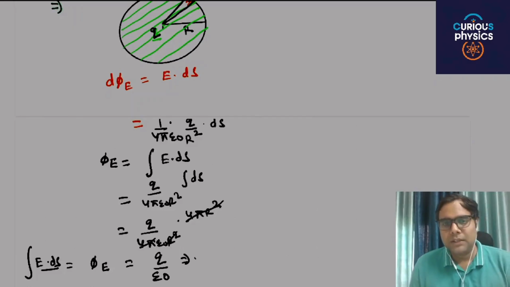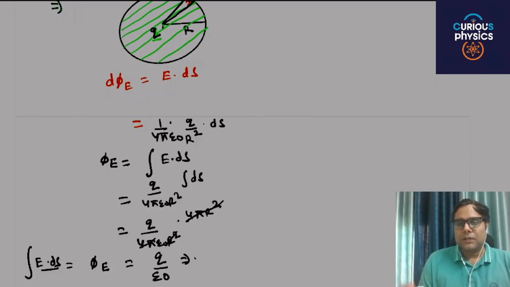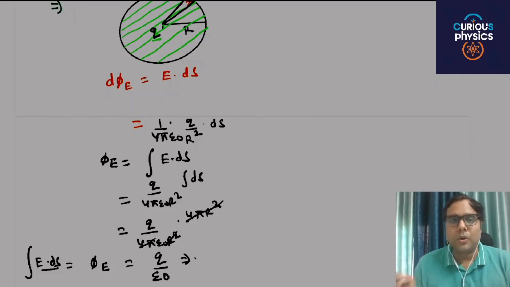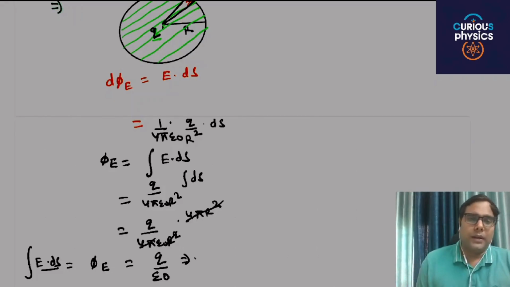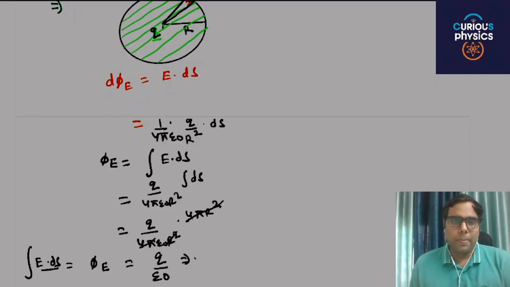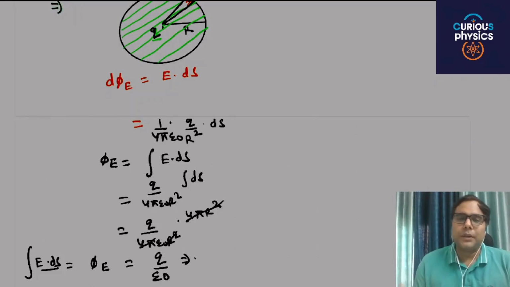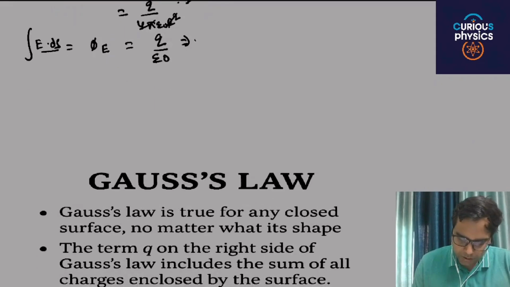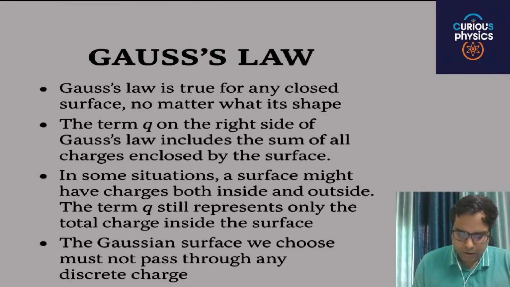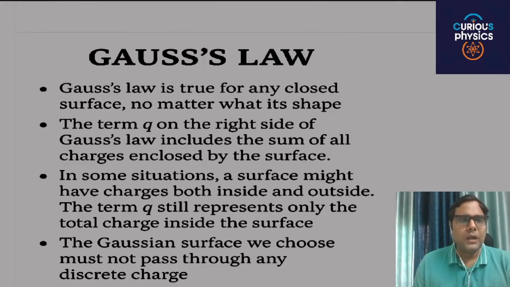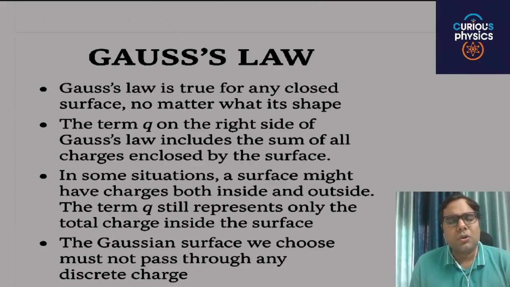How to apply this Gauss law on a particular surface is very, very important. The formula is not important. How to apply Gauss law? You have to find a closed surface, and that particular closed surface is known as a Gaussian surface. So next is Gauss law, the basic theory of Gauss law. Gauss law is true for any closed surface,